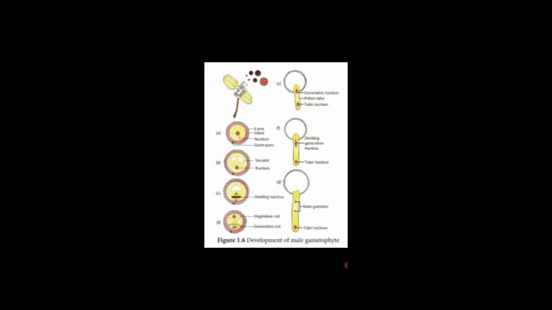At the center, they have the protoplast. The protoplast is surrounded by another layer called intine. The intine is smooth and also regular in shape. So this protoplast is divided into two regions. One is the dense cytoplasm and another one is the central nucleus. So this is the structure of a microspore or pollen grain.